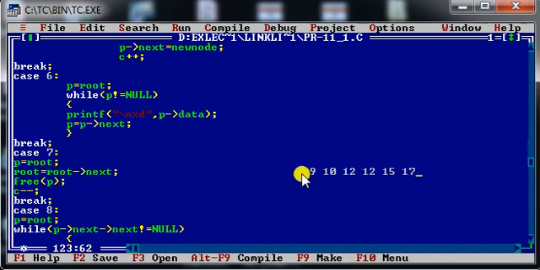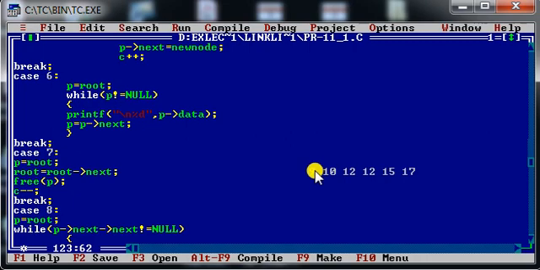If this is the content of my existing linked list, then how can I remove the first node, or how can I remove the node from the beginning of the linked list? For that, I have to take one temporary pointer variable which is pointer p over here. I am locating my p and root at the same node. So from this statement, root and p pointer both are pointing to the same node, and that is node number 9.